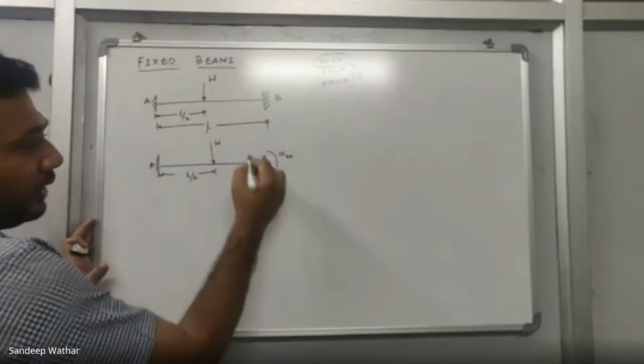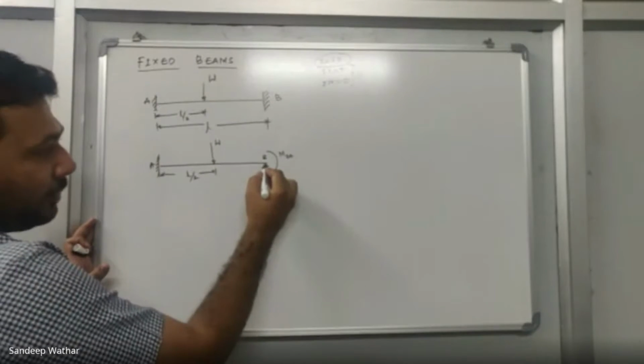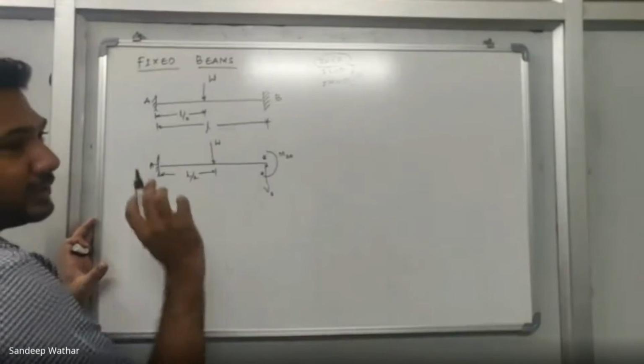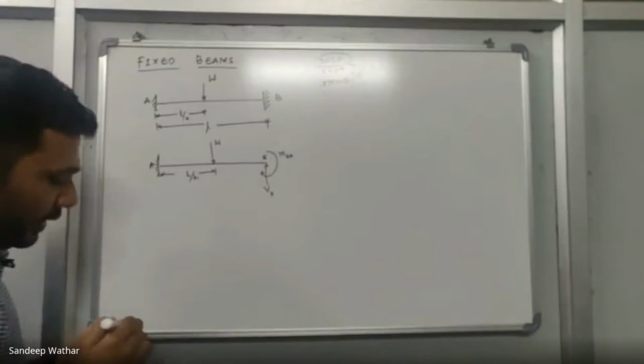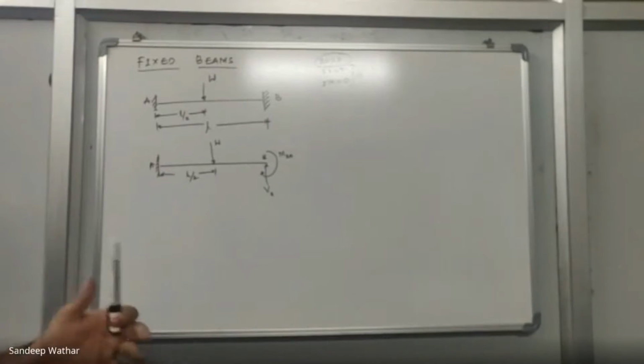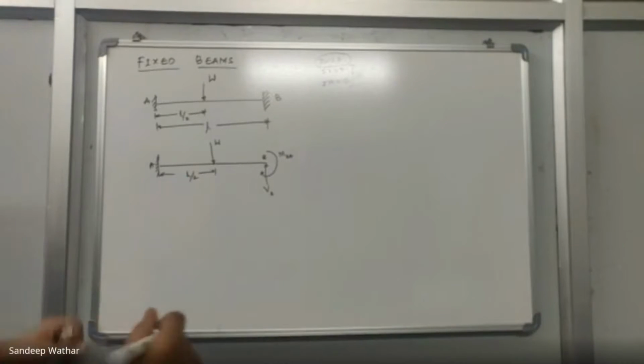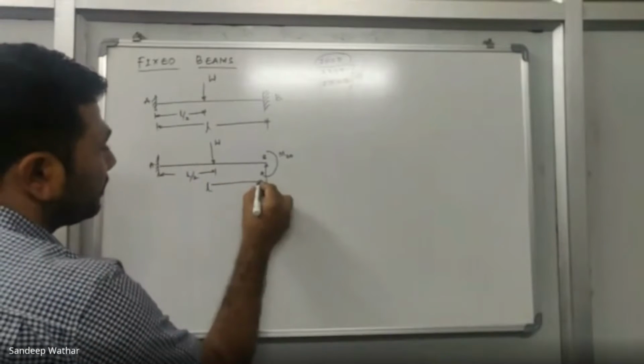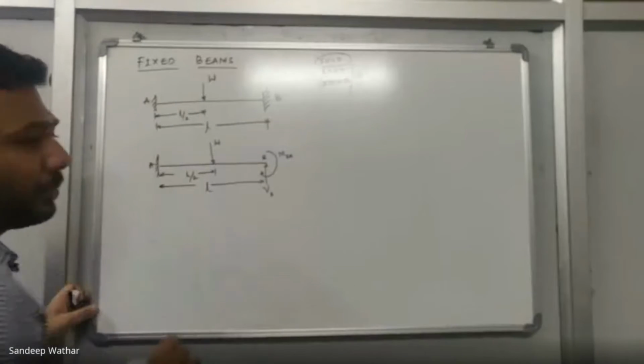One is the external load, then there is a vertical reaction at B point, then there is a moment reaction that is generated at the B point. Okay, now if I tell you to solve it by using conjugate beam method, you will probably solve it. Okay, now before that, what I'll do is I'll tell you the principle of superposition.